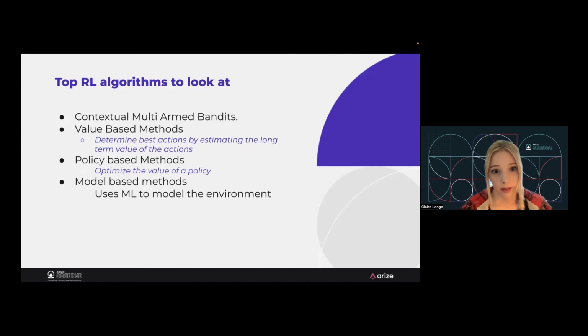And then beyond that, there's model-based methods. So we talked about that environment. It's really defined by just the world that this agent is living and taking actions in. And the environment is sometimes impossible for us to know and code up. And even if it is possible to code it up, and we know all the parameters that make that environment, it could become very tedious to code it up. So for that reason, we can just model it with machine learning. So even though we're doing reinforcement learning techniques, if we do a model-based method, we can still use machine learning to create a probabilistic model of the environment.